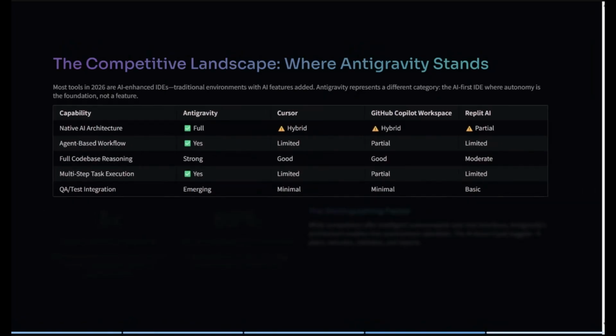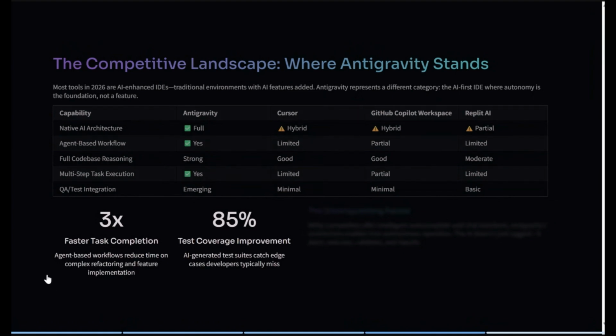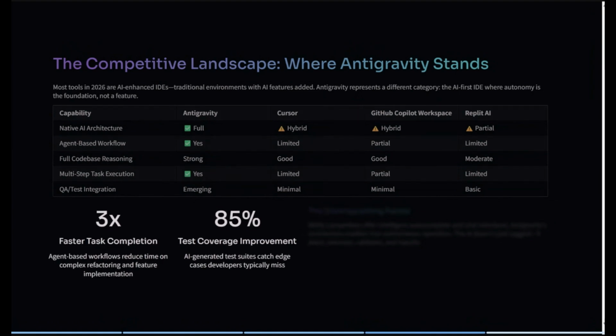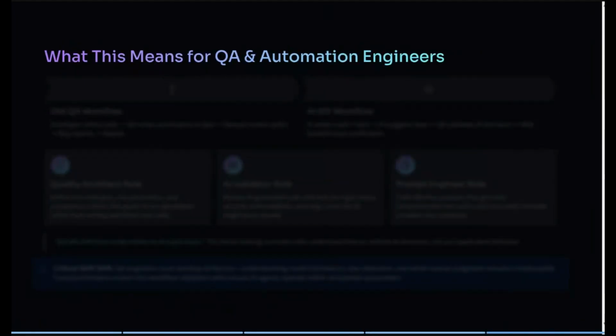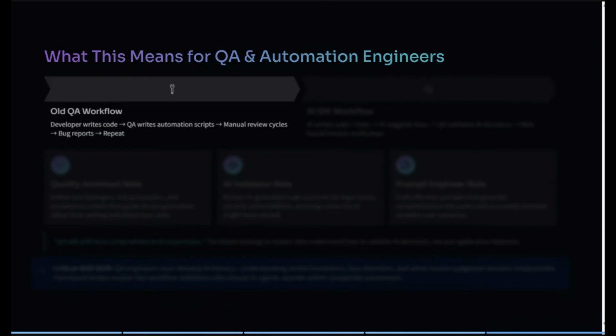Everyone is trying to emerge in this field. I would not say that everyone is having this integration, but slowly and steadily they are emerging to have the test integration as well. It gives you 3x faster task completion and 85% test coverage improvement as well, right?